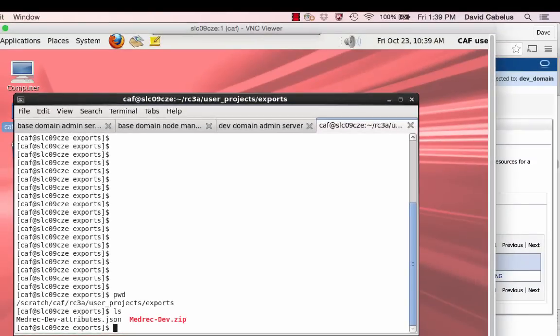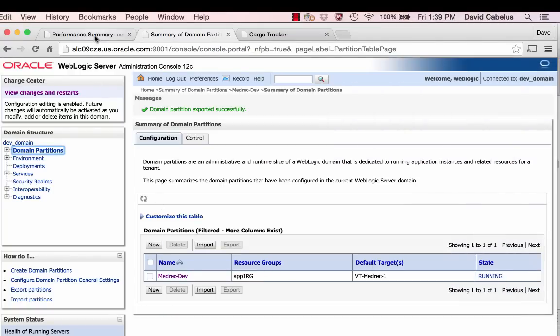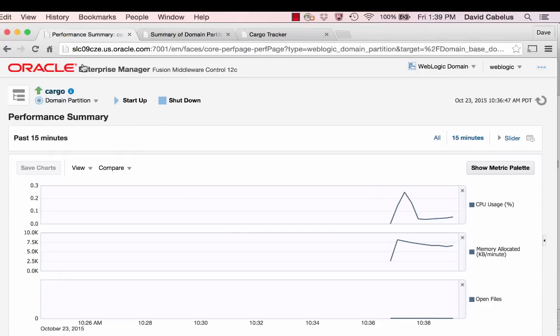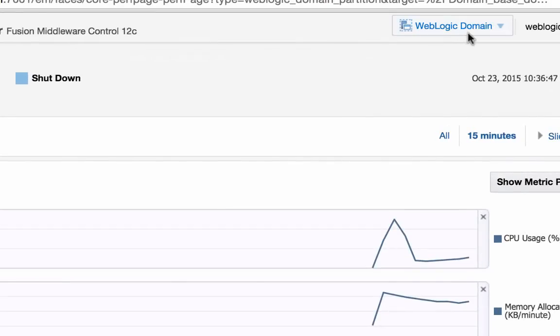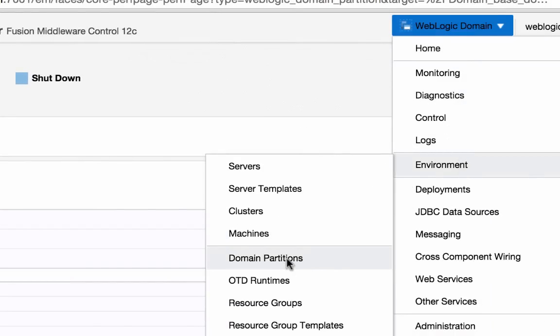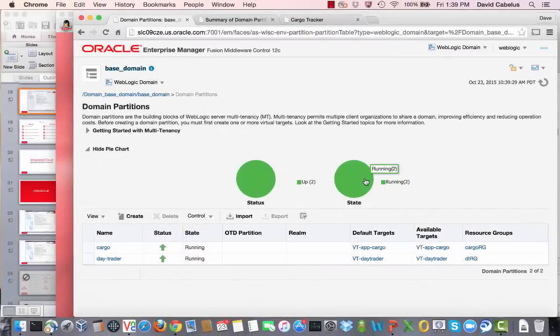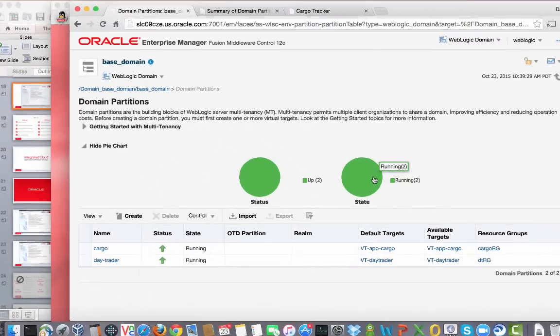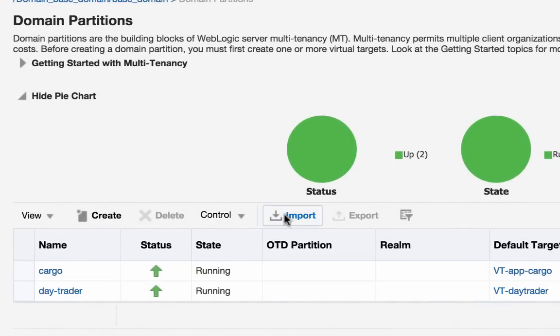So let's go back to Fusion Middleware Control with my main domain here. We could call it my production domain. Let's go to my list of domain partitions here. Now, if you remember, I already have a virtual target set up for this, so I'm ready to go with this. So now I say import,